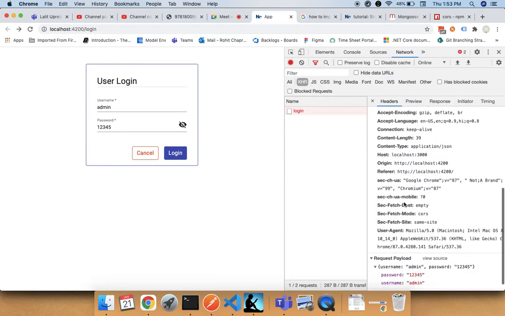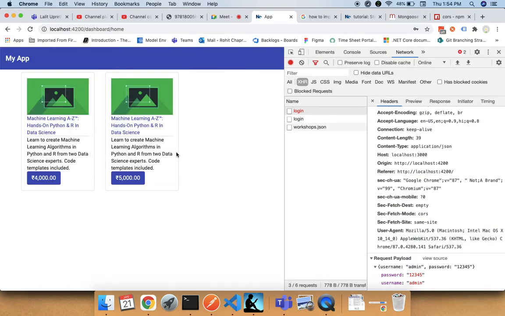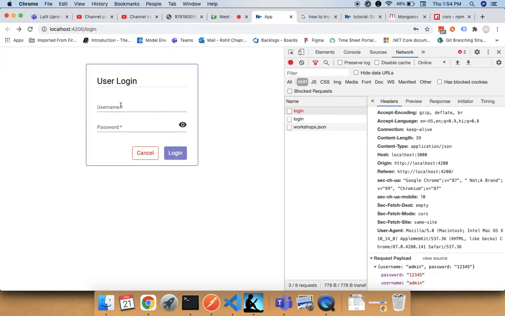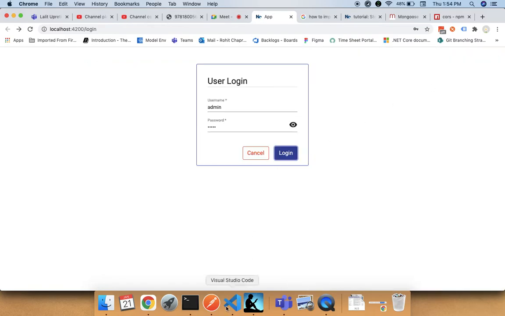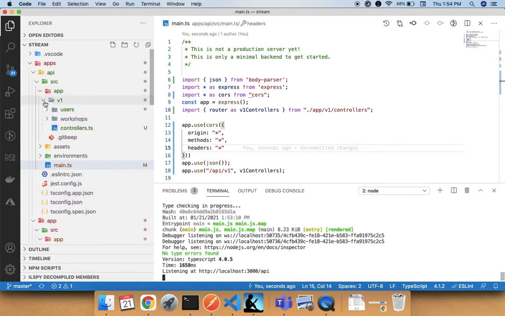Because the password I had sent was incorrect. I had sent 1234 instead of the correct password admin. Now if I send admin, so this was successful and it has redirected me to the dashboard. Okay, so it looks like it is working. One thing I want to change here is on an error I want to show a notification to the user so that the user knows what is happening here. For now we can add